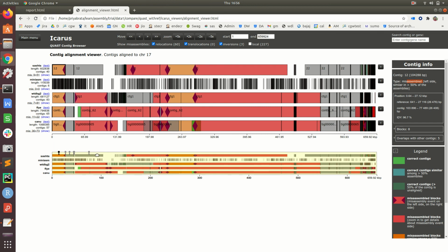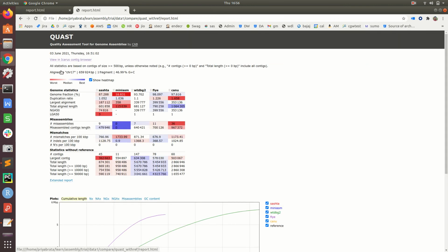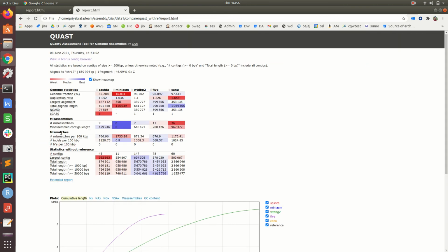And here is the final global view, where you can see the spots where the misassembly has happened, so these are the breakpoints, okay. So this contig visualizer is also one way to look and compare how each of these tools is behaving. But the main way to analyze is this NGx value, okay.